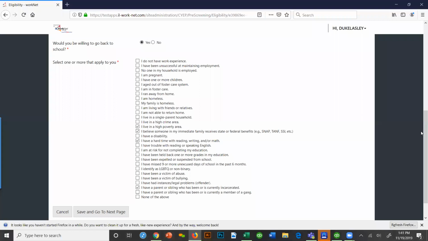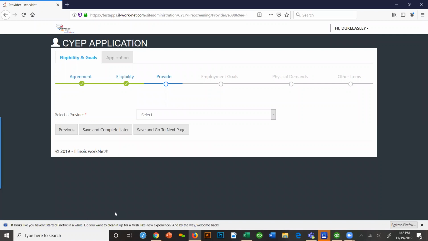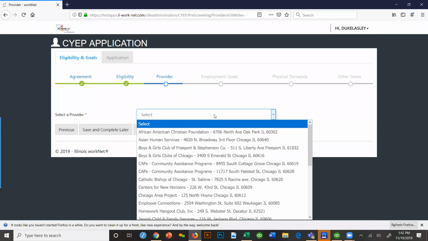These are potential barriers to employment, or life situations that could keep them from holding down a job regularly. If there are no additional changes after they look at all of the new items, then you save and go to next page. We are on the page where they can now select a provider,